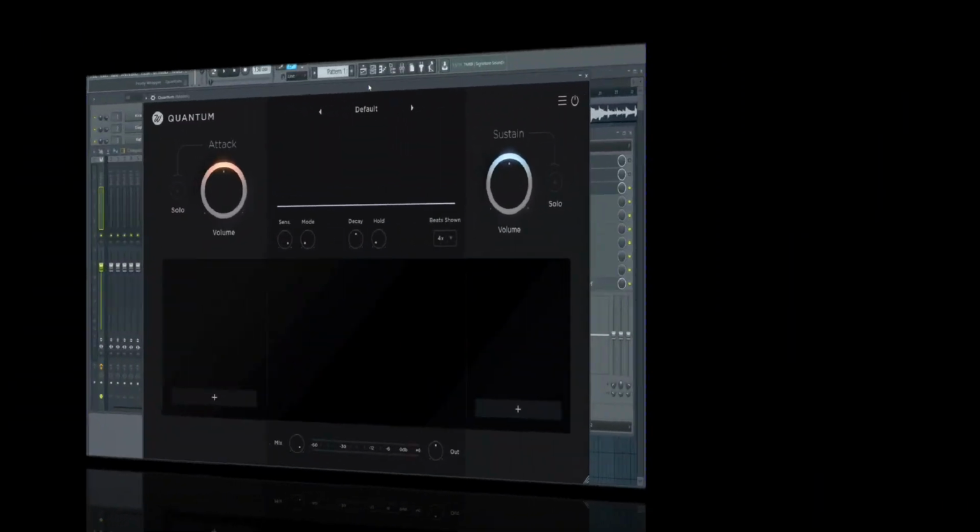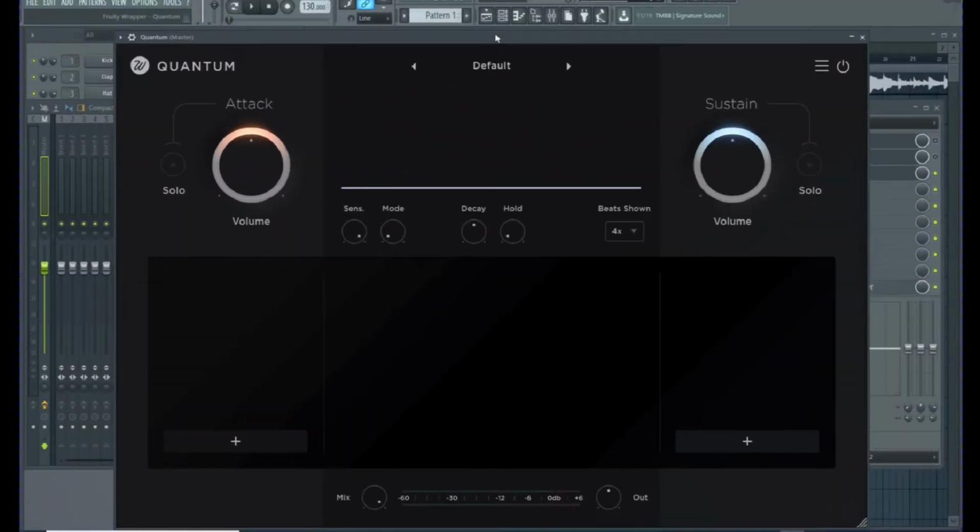Alright, let's see how Quantum works. Alright, so this is Quantum. You can see it split into two separate sides, your attack here in red, and your sustain here in blue. They each have solo knobs, which allows you to hear them with or without the other side and how the effects are processing. The volume dials act like an envelope shaper,